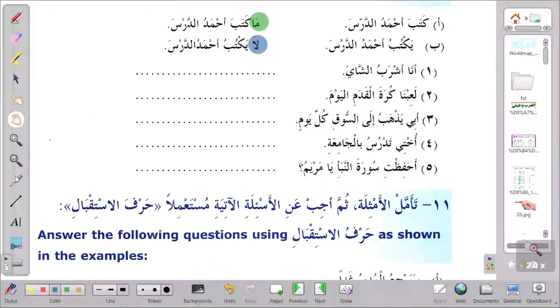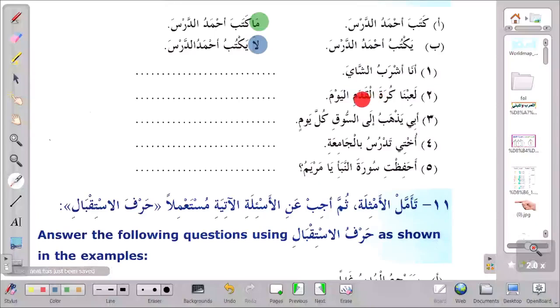So let's complete the remaining exercise. Ana ashrabu shaya, I am drinking tea. So if I want to say I am not drinking tea, that is the present tense, right? The verb is present tense, ashrabu, right? So I'll say: Ana la ashrabu shaya. Okay. لعبنا كرة القدم اليوم. لعبنا, we played. That is past tense, right? We played. So if I want to negate it, I'll say ma la'ibna, we didn't play. Past tense, so I'll use ma. Ma la'ibna